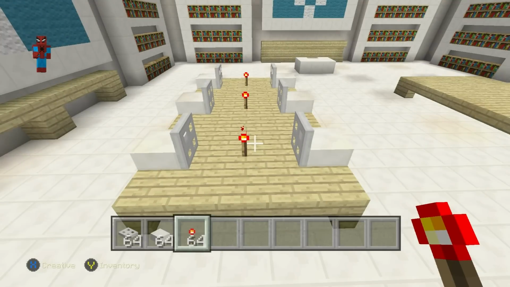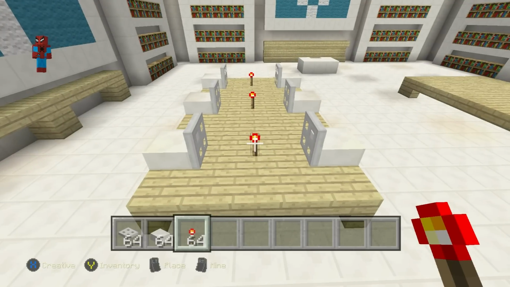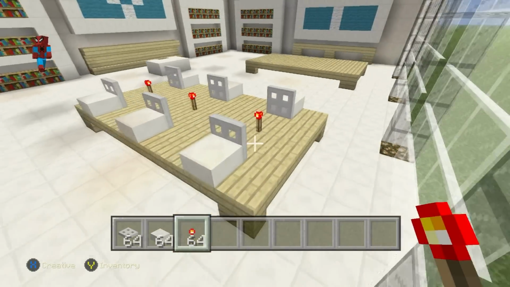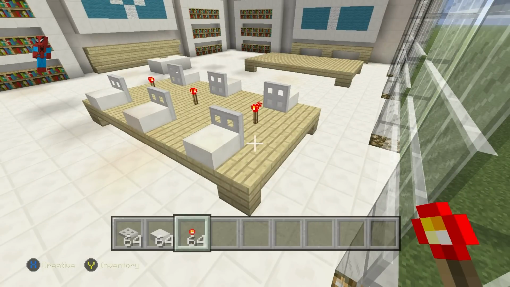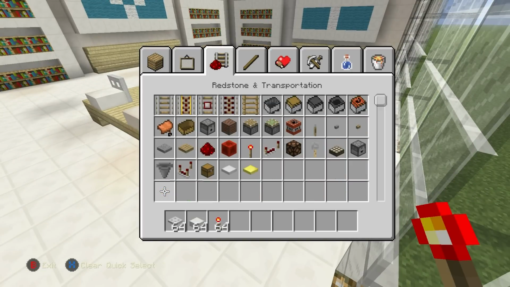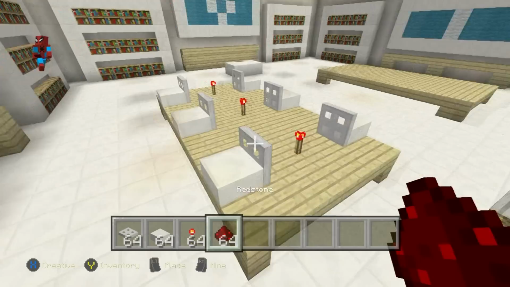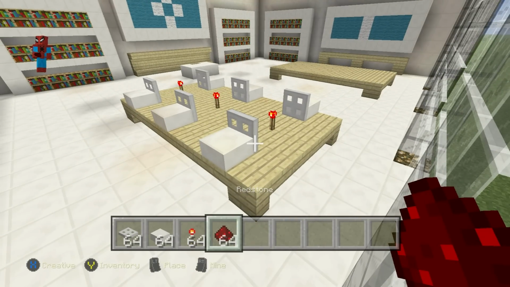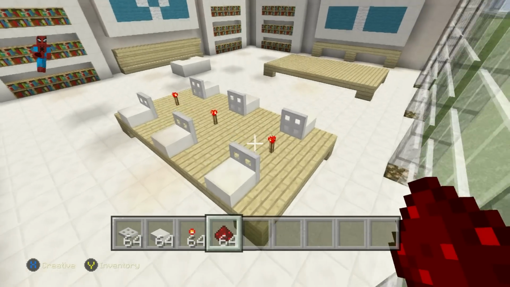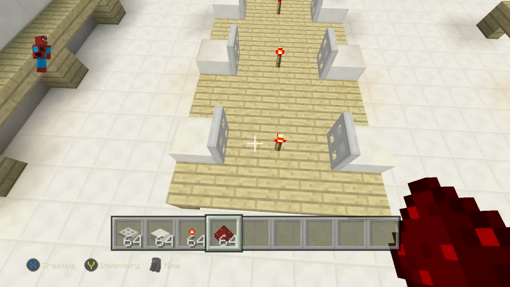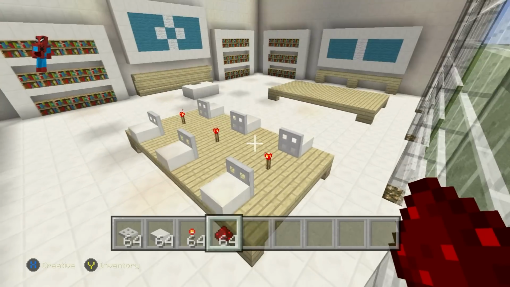Now, I was going to see if I could conceal the redstone torches first of all, but honestly, I quite like them. I quite like looking at them as a power source, and if you wanted to take it one step further, I'm not sure if we can actually do this on slabs, but I'm going to check. No, we can't. I was going to say place some redstone behind them to form wires, but I don't think that'd look good anyway, and of course we can't because these blocks are actually occupied by the trapdoors anyway.